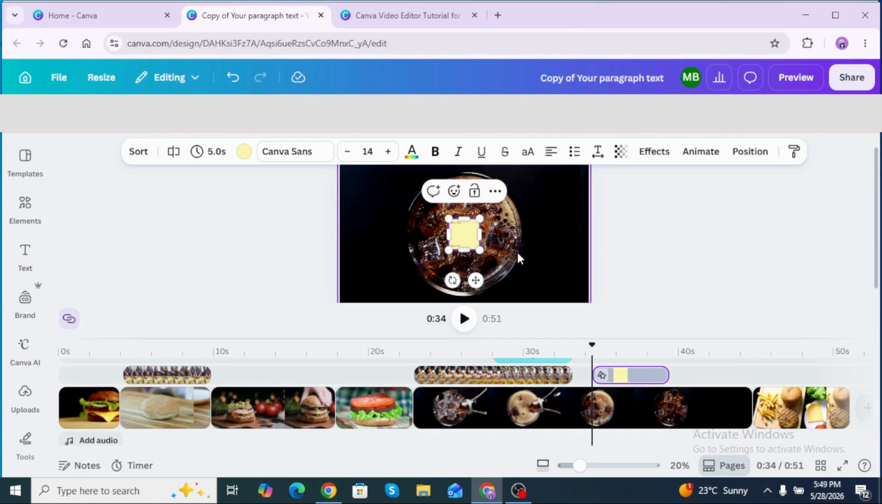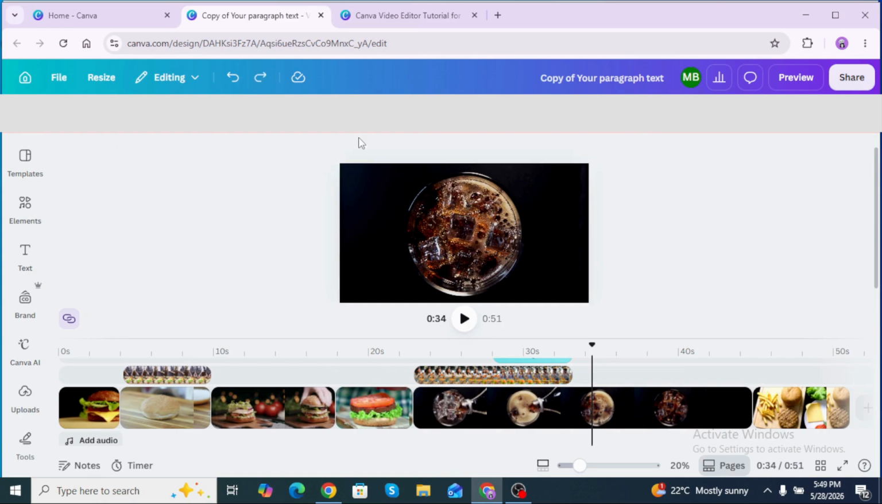So if that happens, it just means you aren't selected on the timeline. Always remember, if you click anything from the Canva library, whether it's your own video, a sticker, or any element, it will appear starting exactly where your playhead is. So, if you want something to begin at a specific moment, move your playhead to the point first and then